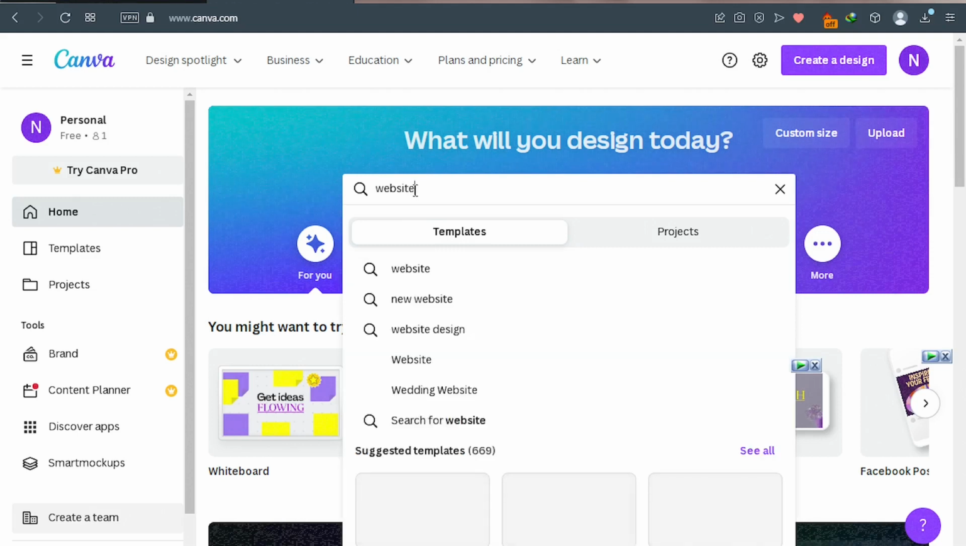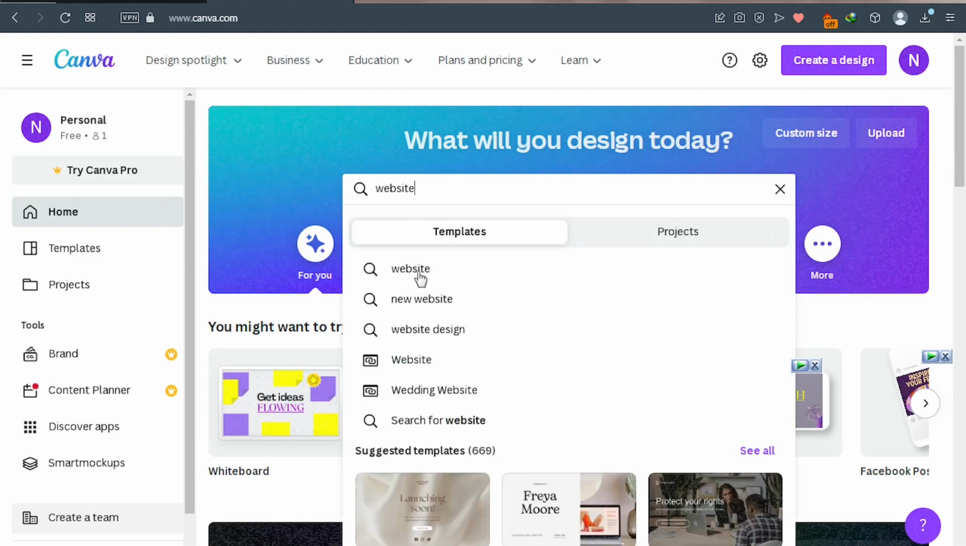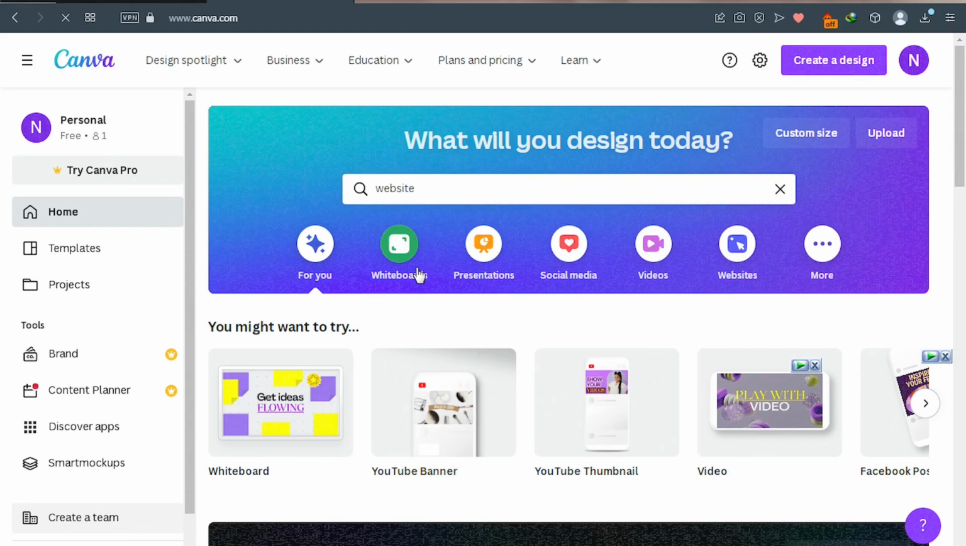Perfect. And then wait for it to load. After that, click on this website thing. You can also click on new website. In this part, I'm going to click on website and then wait. Okay,